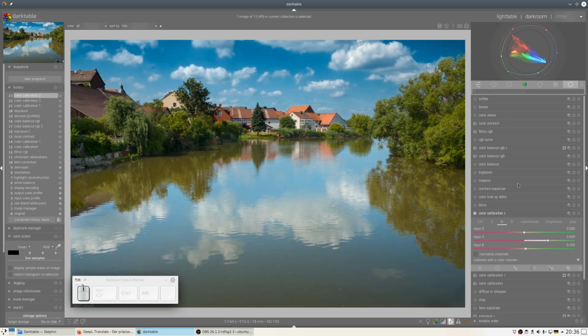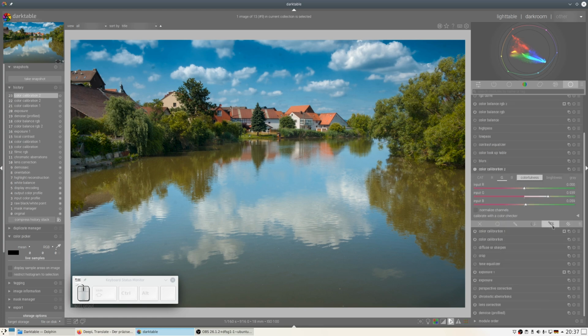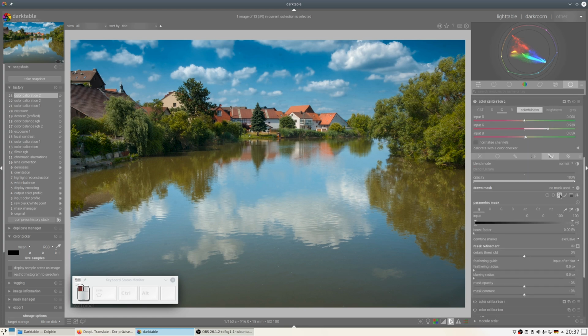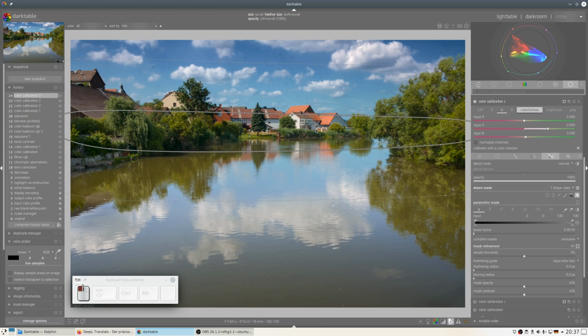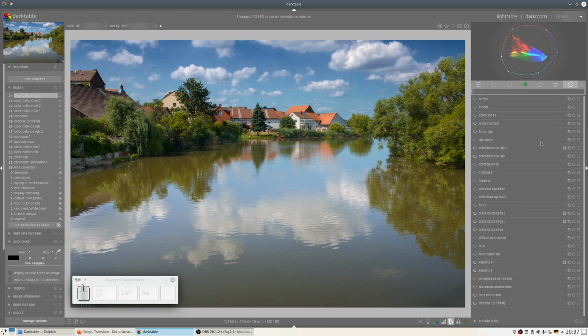It's not too complicated. Now, I don't want to change the colors of the whole sky, only on the horizon. So I would like to add to that just one drawn mask. Something like, I just want to move the mask a bit. Maybe something like that. And as we can see,